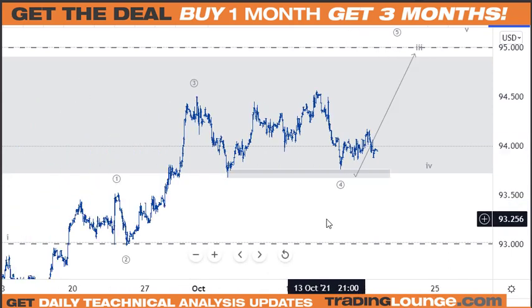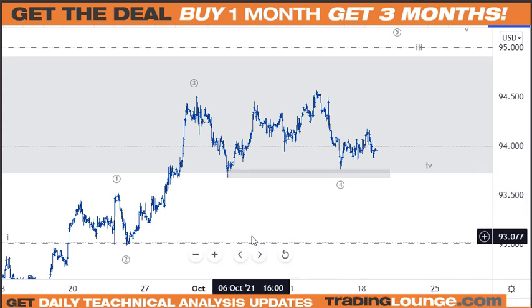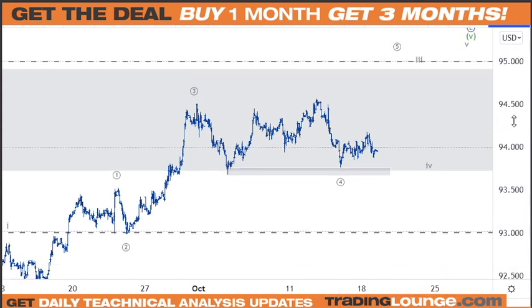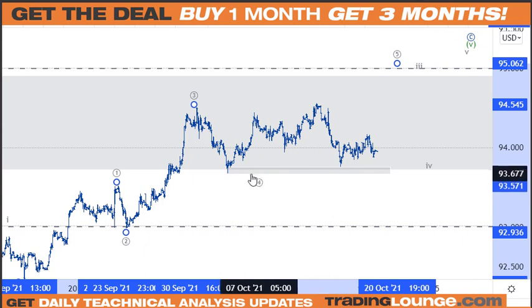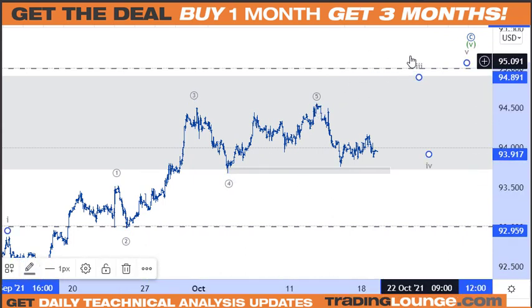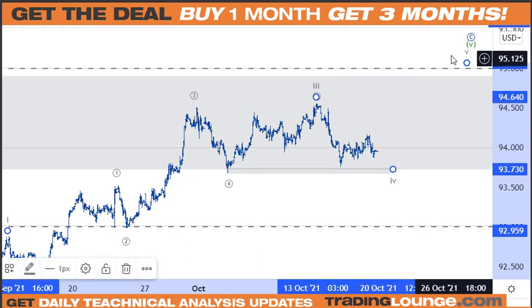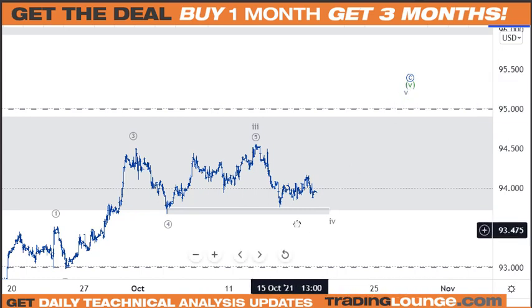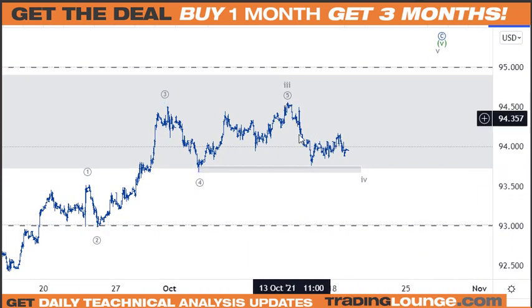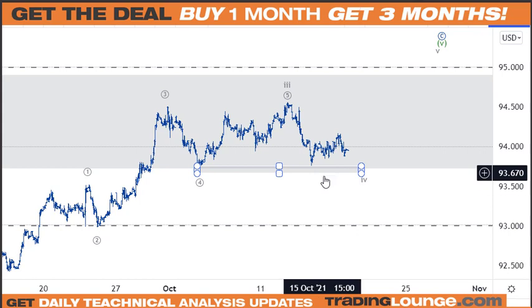So then I think to myself, well, okay, what happens if we are going down? Well, then that means that I need to put this over to here, this over to here, and then that would still just give me wave 3 at that point, and then I'm left with wave 4 and still got wave 5 to go to the upside. So what about if this is just another little A wave, a B wave and a C wave coming into this space here? So